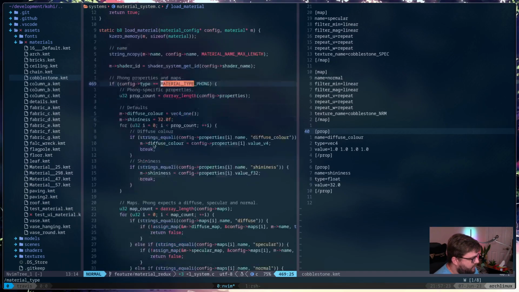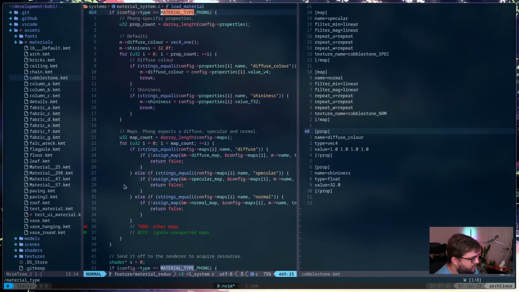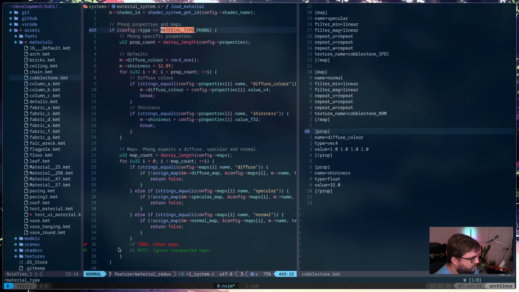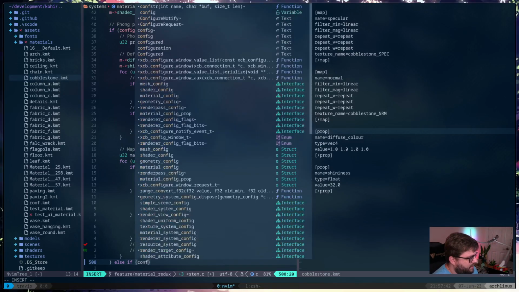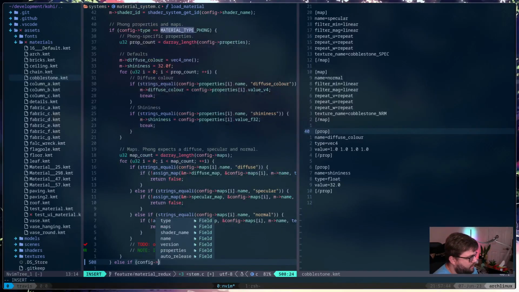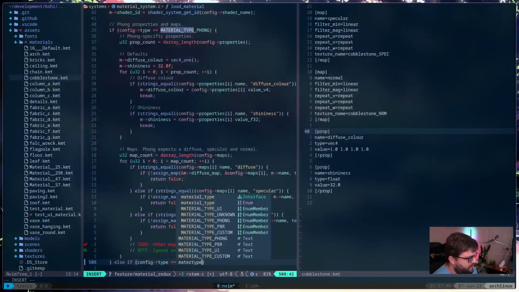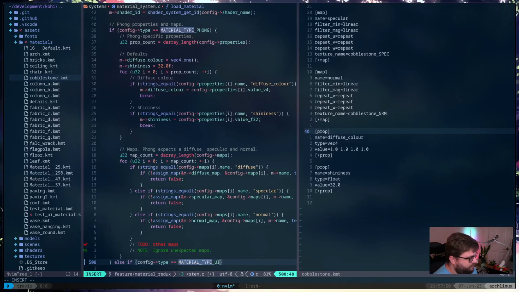So here is another place that we're going to have to change. Let's see. So I'm going to add this right here, and this is actually going to wind up overlapping our previous logic a little bit. So else if config type equals material type UI.